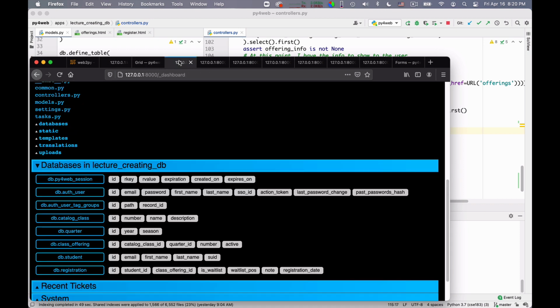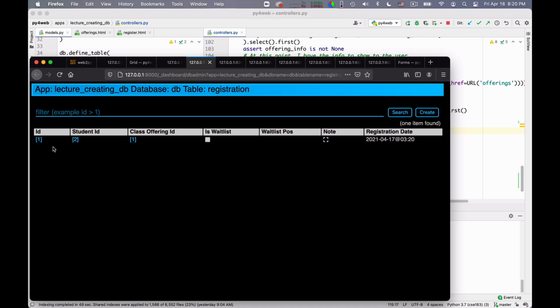So I can go to the dashboard to see it. So this has all the various tables, and now I can look at the content of the registration table, which has one entry for student ID 2, which is luca.delfaro.com, okay. For class offering ID 1, which is this class, which is catalog ID CSE183, and quarter ID spring of 2021, okay.